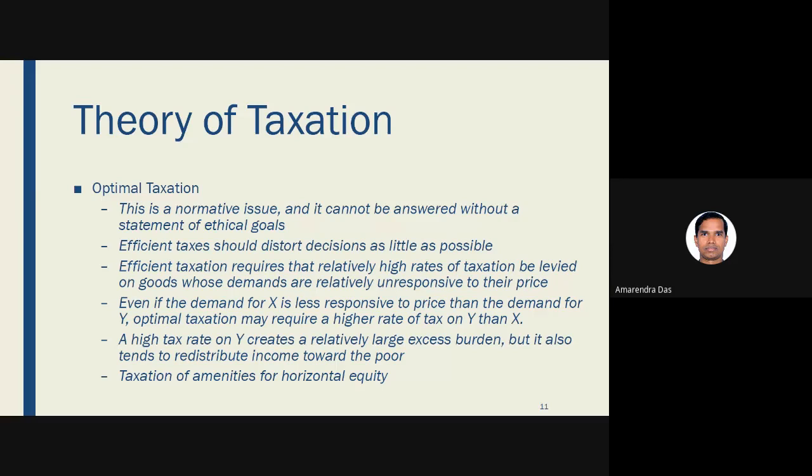Because when you are imposing more tax, people will switch over to leisure. People may not work longer hours. That means your incentive to work will also reduce at a higher level. When we are earning more and more, the government is collecting more tax on income. Your incentive to work will fall because you will believe that on one side I am earning more income, the government is taking away my tax, so I am not getting real income. Why should I contribute more? But you are holding a big position and you are not showing interest to do work.